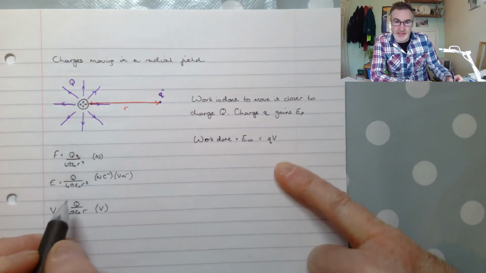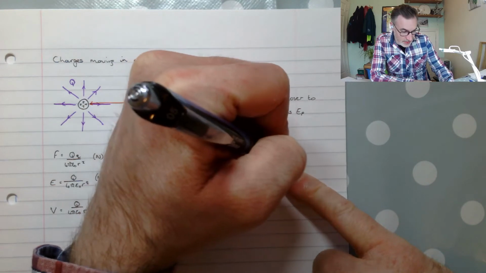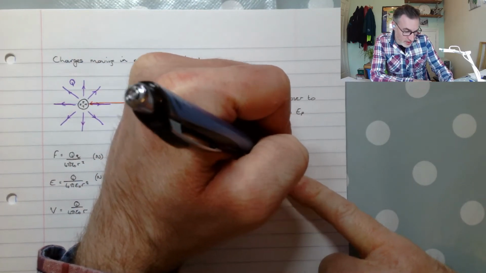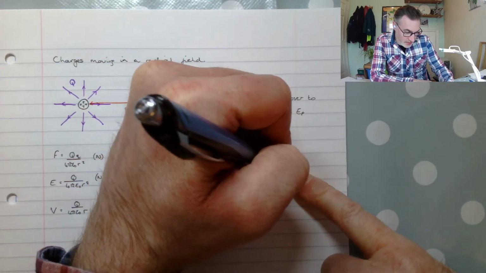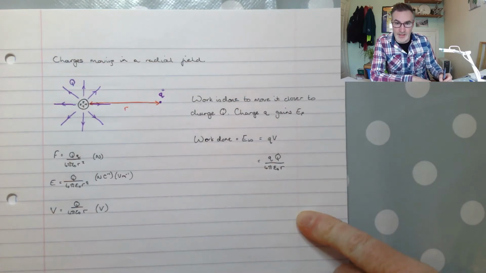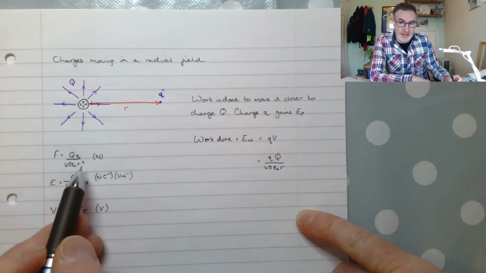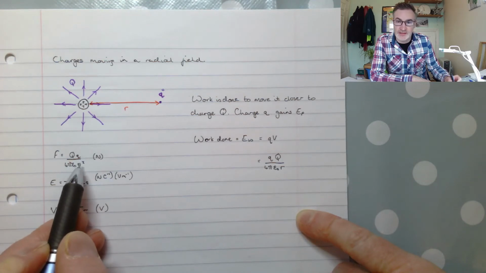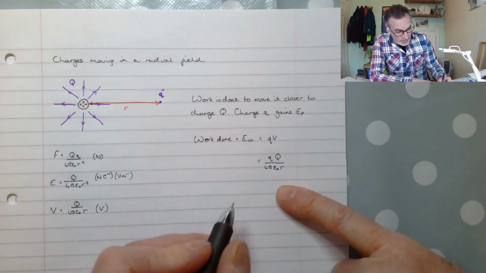V is electrical potential, which is here, and so if we just substitute that in there, we're going to get the amount of work done is going to be little q times big Q all over 4 pi epsilon naught r. Okay, so be careful, that's almost exactly the same as this, as the force, but all we've got is we've got an extra distance in there. So